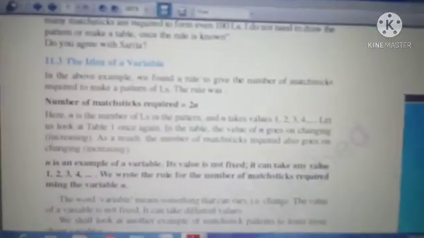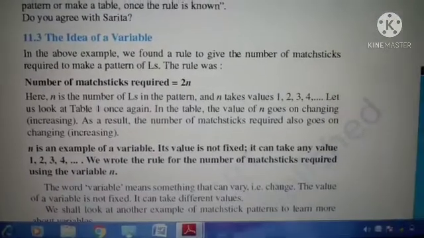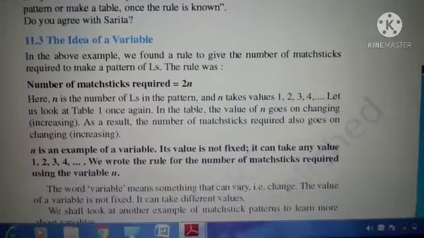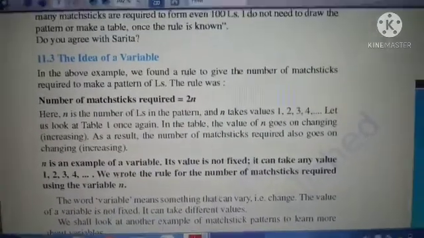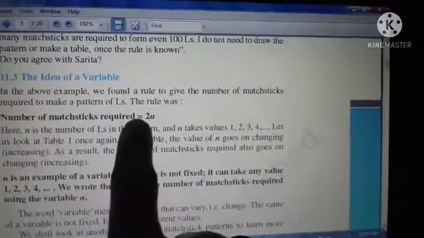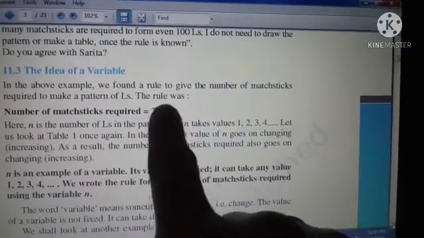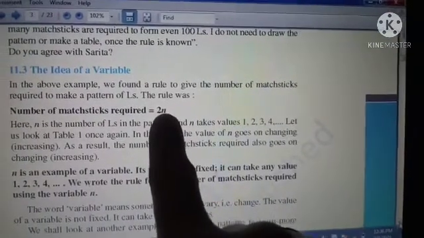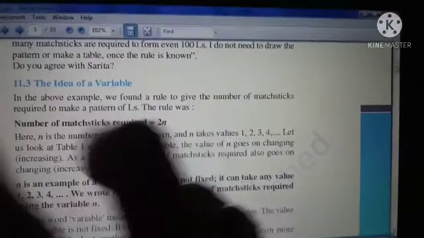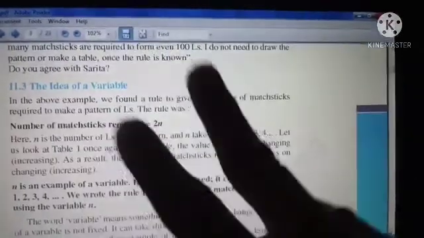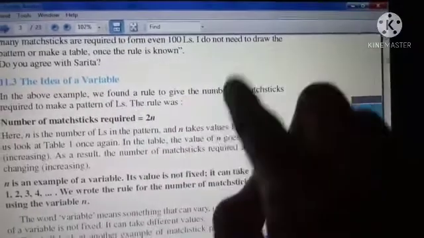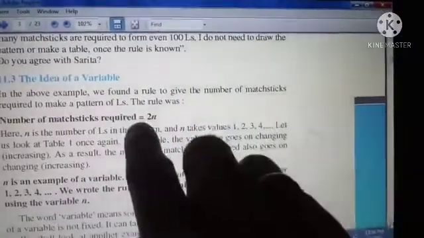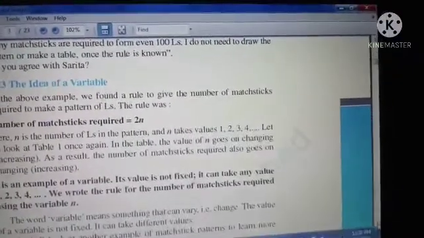Now we are going to learn about the idea of a variable. This we have already discussed. What is meant by variable? See here, the last question: how many matchsticks are required? 2n. If it is 1 L, you need 2 matchsticks. 2 L's, 2 2s are 4 matchsticks. 3 L's means 2 3s are 6 matchsticks.